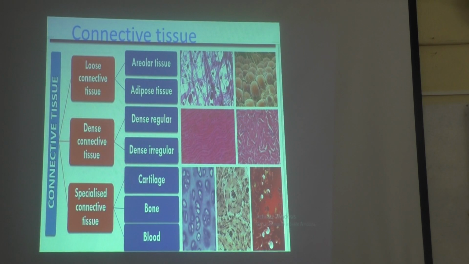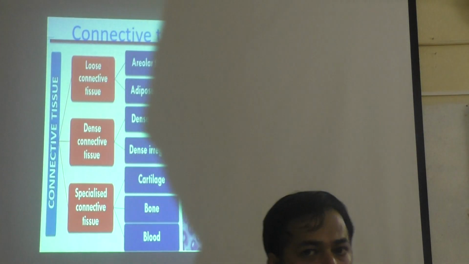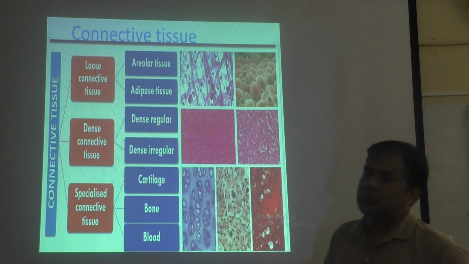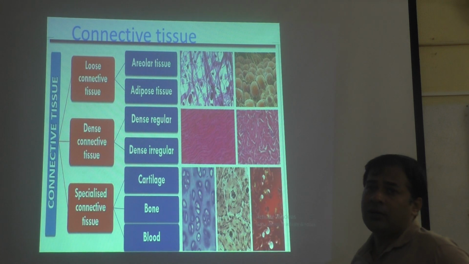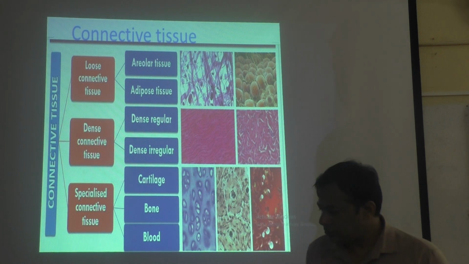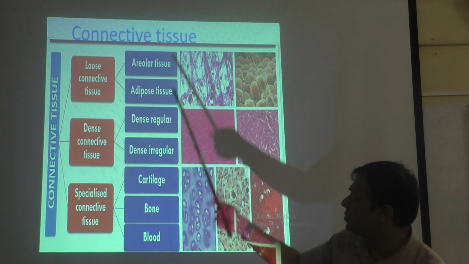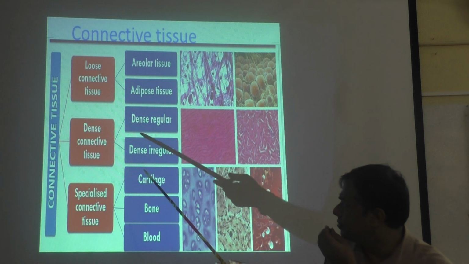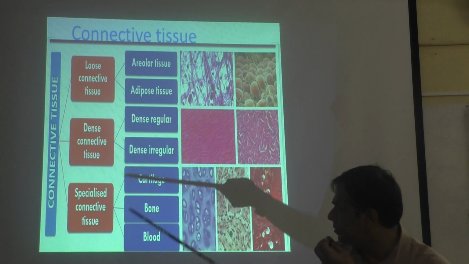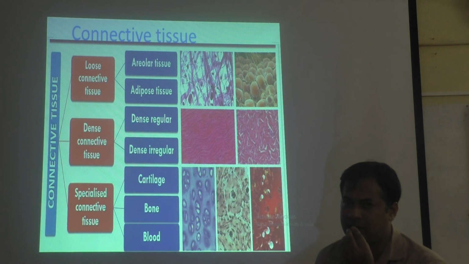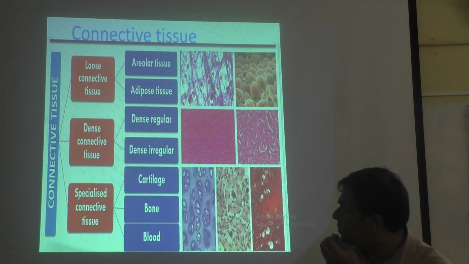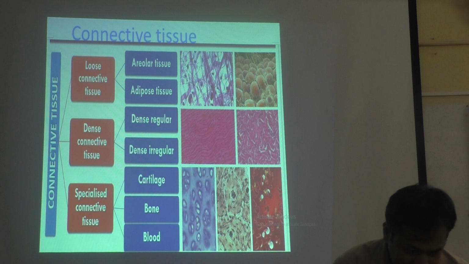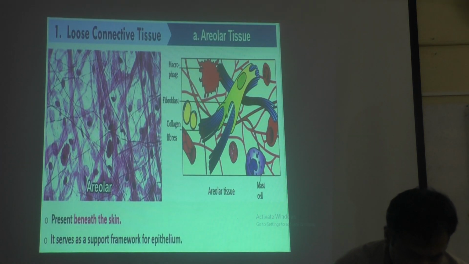Students, in our last class under the chapter Structural Organisation in Animals, we were learning connective tissue. Once again we will recall what we have learnt. We already started with connective tissue, that is loose connective tissue. Already we discussed connective tissues are of three types: loose connective tissue, dense connective tissue, and specialized connective tissue. Then loose connective tissue has two types, areolar and adipose, that also we discussed already.